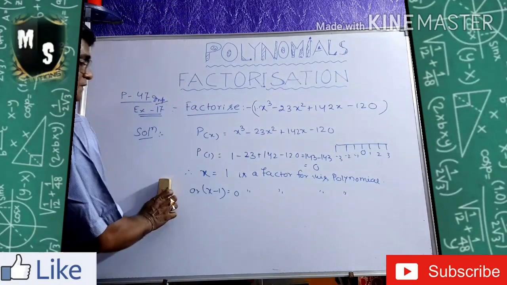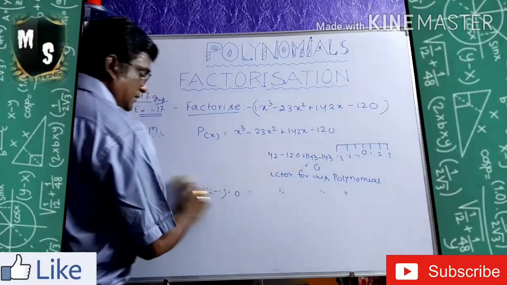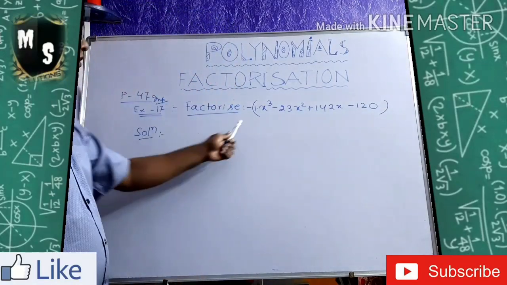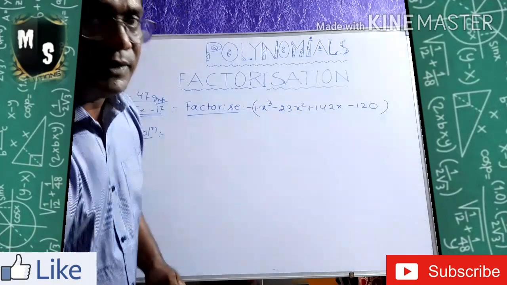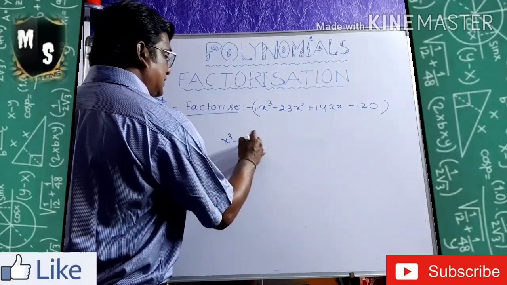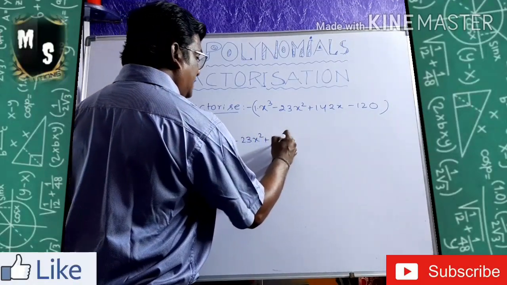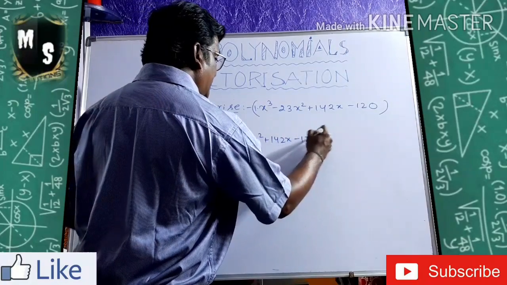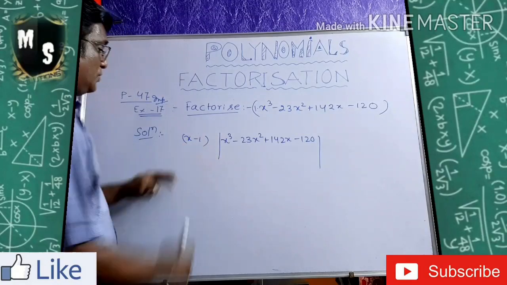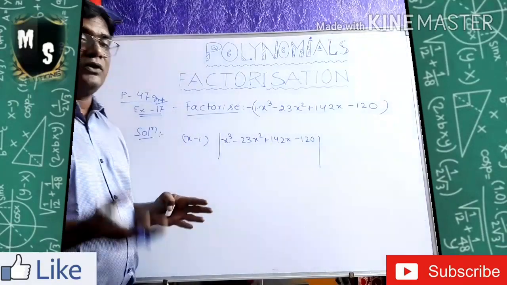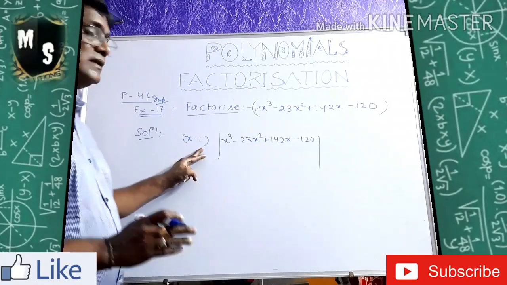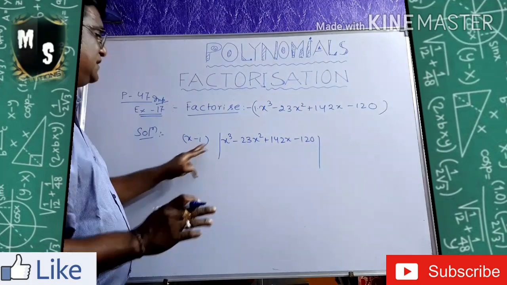Let's divide it. Try to remember, x minus 1 is my factor. So I am going to divide the whole polynomial by x minus 1. Now you see how I am dividing. x cube minus 23x square plus 142x minus 120 divided by x minus 1. How did I get x minus 1, you understood? I put some values for x, and the value on which it becomes 0, x equal to that, gives my factor. Then x minus 1 I got as my factor. So it is divisible by this.